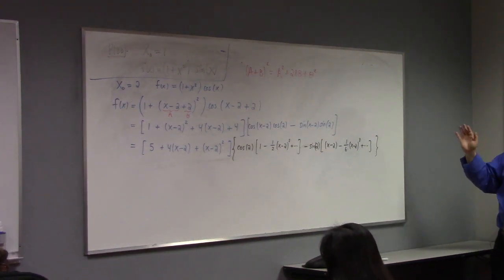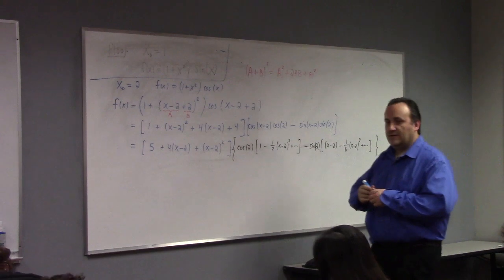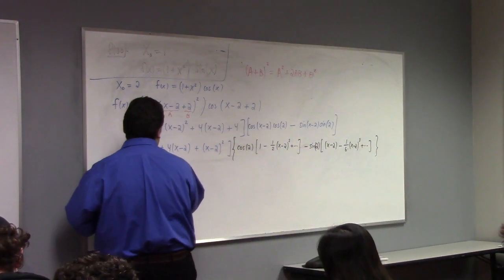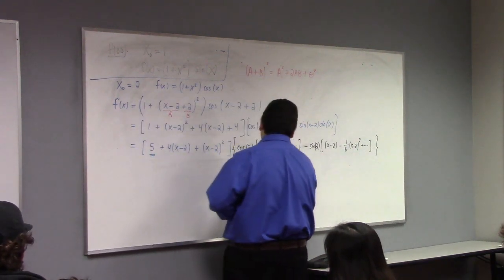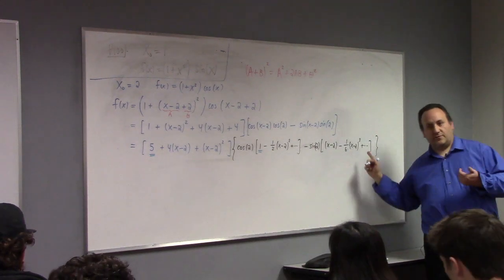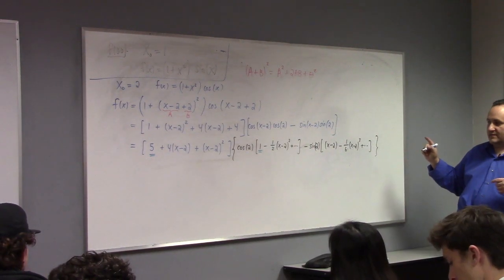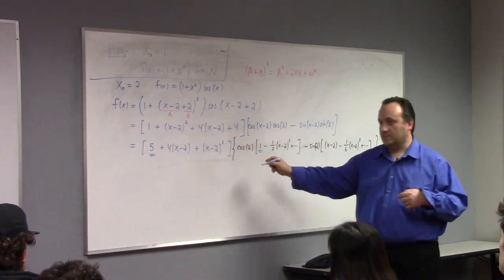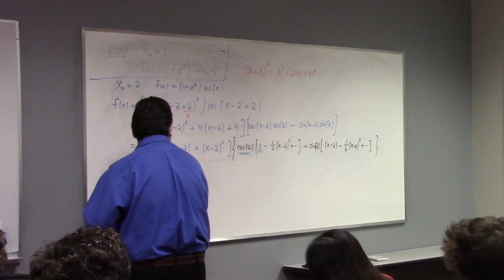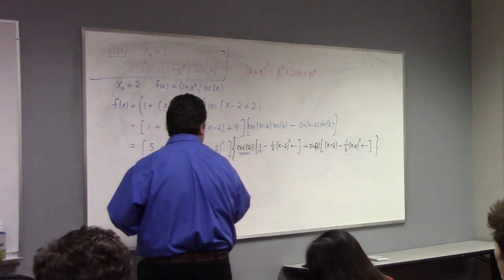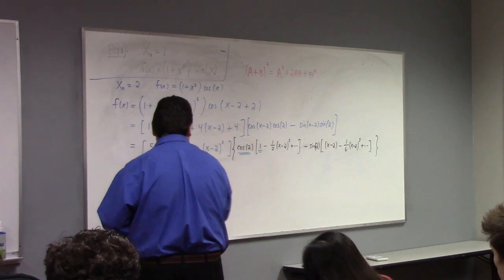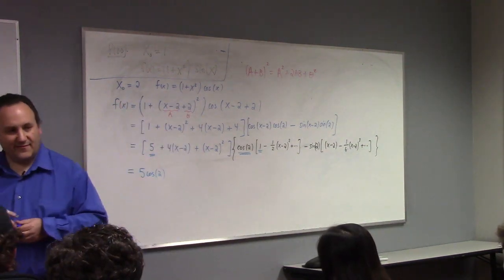So is there any constant in all this? The only way you can get a constant is from a constant times a constant, right? So look at it. There's a 5 here, and there's a 1 here. These are order 1, order 3. So the only way to get a constant is from that 1 times that cosine 2. And so the constant term here is 5 times the cosine of 2. Hey, there's one non-trivial term, 2 more to go.